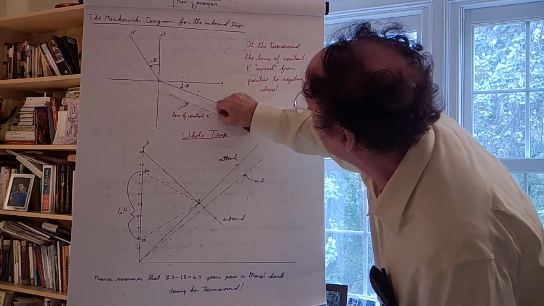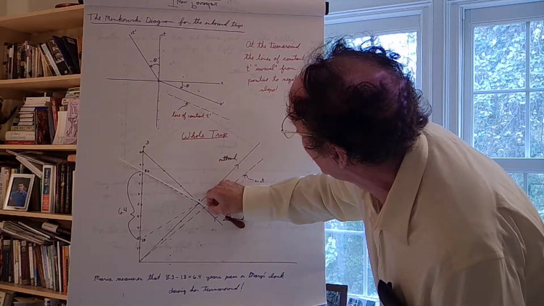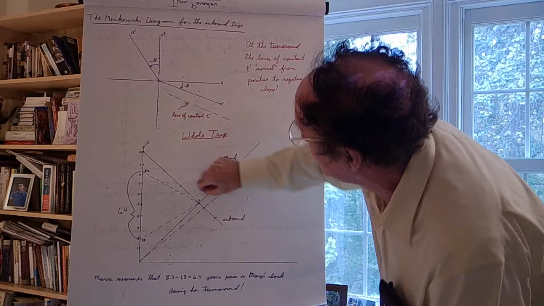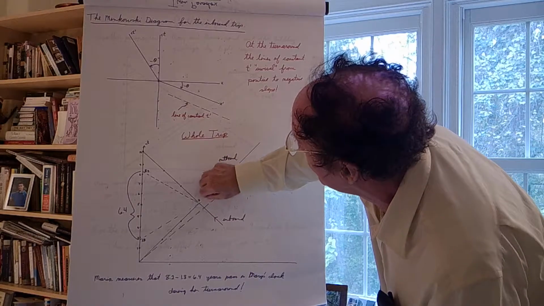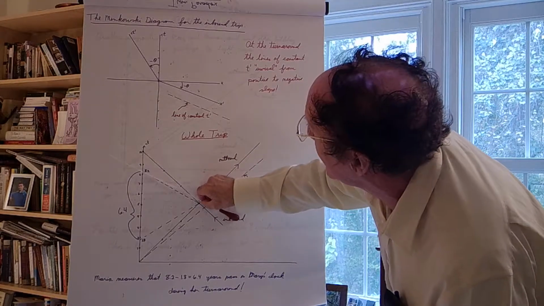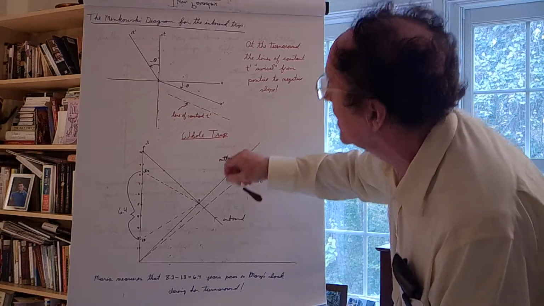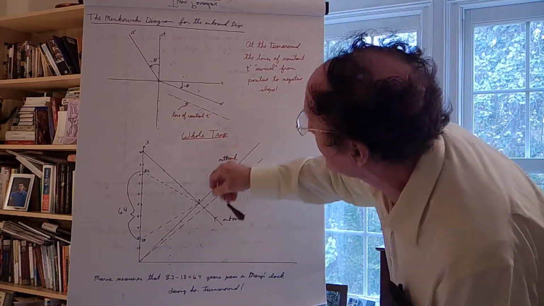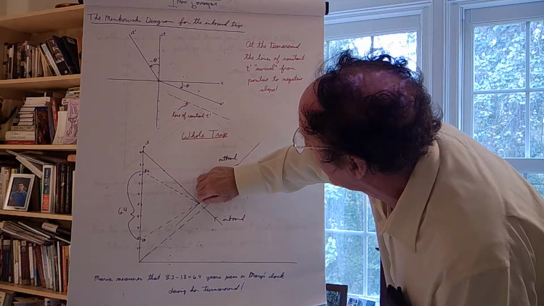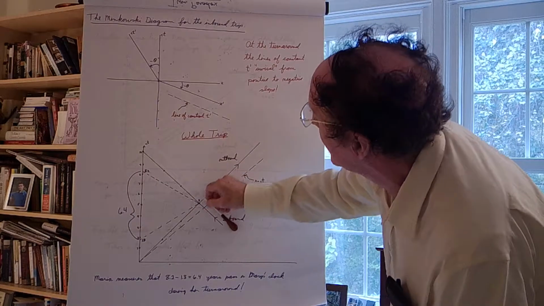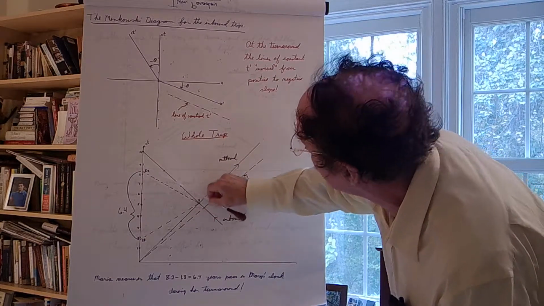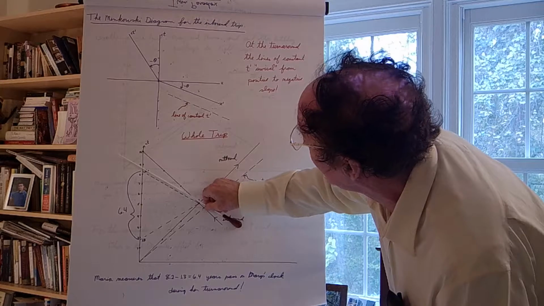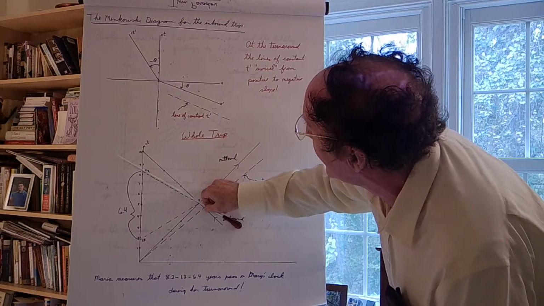This picture is symmetric about here. V goes to minus V, theta goes to minus theta, and so where this one had this orientation, this one has that orientation, and so right after the turnaround, 3 corresponds